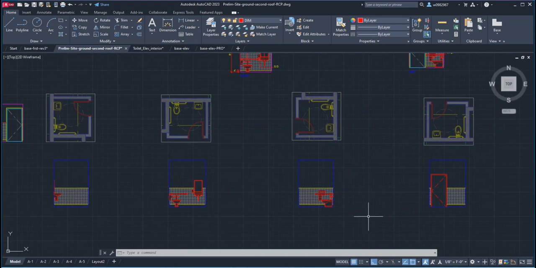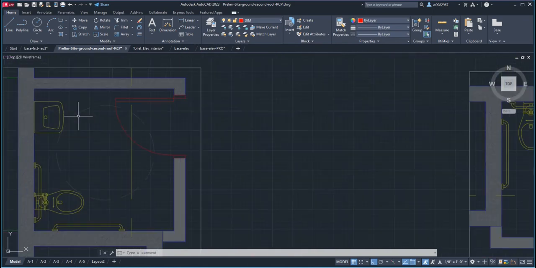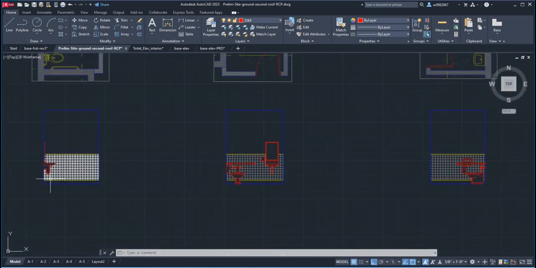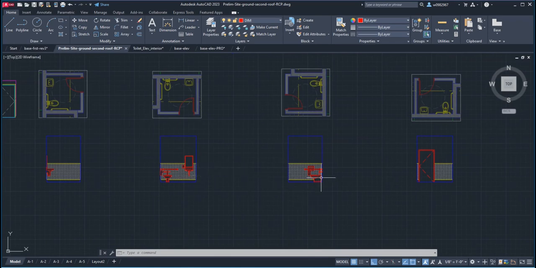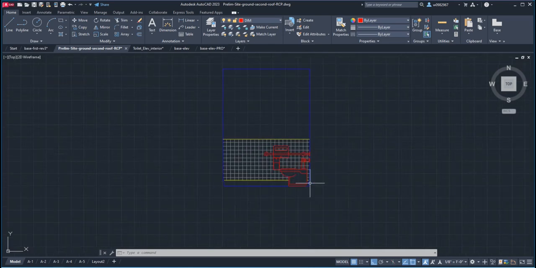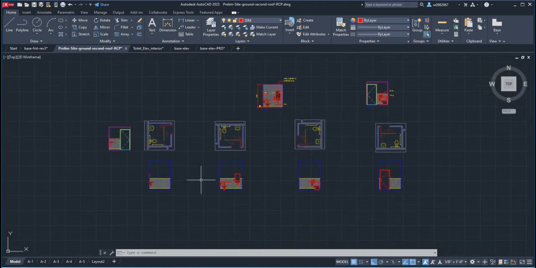Okay, so we've finished the interior elevations of these. By the way, on this wall over here, when we're looking at the north wall, you want to show that there's a sink attached to this, not on the north wall itself, but you can see that there's a profile of a sink here. Just like this one, the toilet is not attached to the wall, but you can see the profile of the toilet. If you're looking at the south wall, then you can see that there's a toilet bowl, which is this one here. Okay. So now that we have it done,